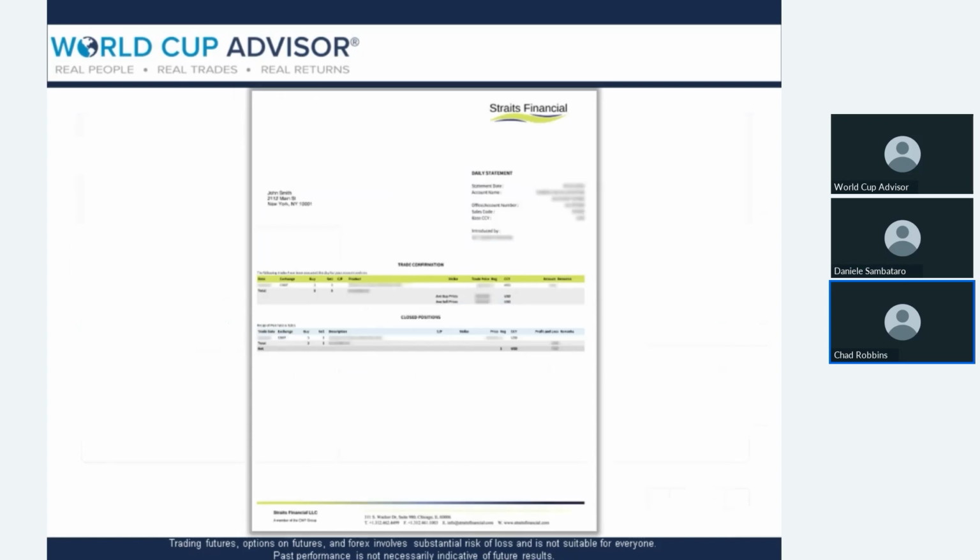Now, as I mentioned, you do not need to log in. You do not need to keep track of the open positions. A lot of clients just rely on their daily statement to keep track of their account. So you certainly don't need to be engaged during the day. If you're not able to, you can simply rely on the statement that you would normally get from your clearing firm.